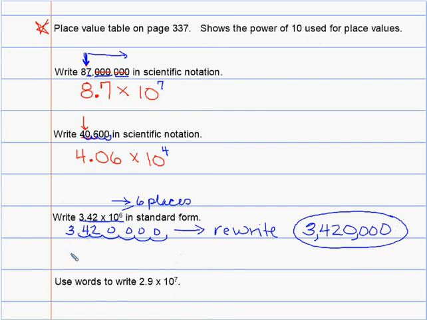Now the last type of problem, you will have to do some comparison, but you can expand the numbers and determine which number is bigger, or you can look at their powers of 10. But you will need to use words to write scientific notation out. And scientific notation written out is really simple because you just say the digits. You don't have to know place values. So you just say 2 point. Okay, so this is one of the times where the decimal is really said point, not used as an and. So it's 2.9